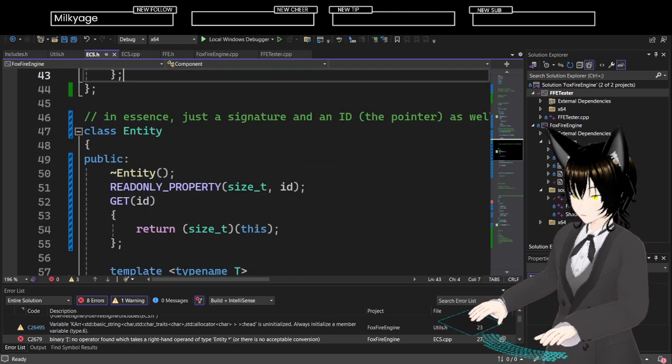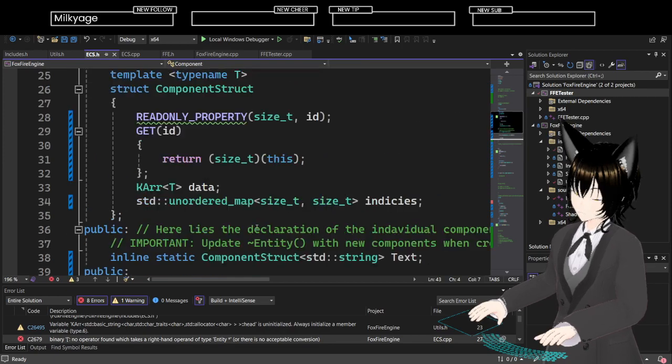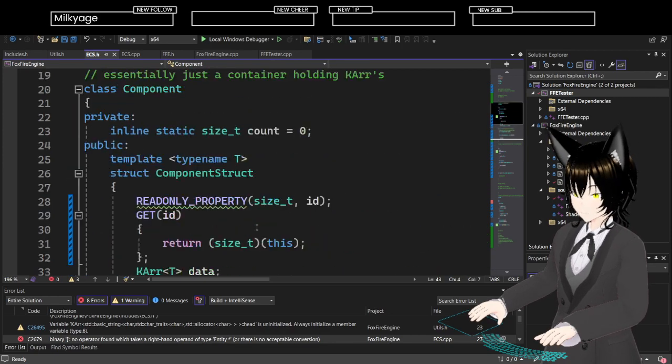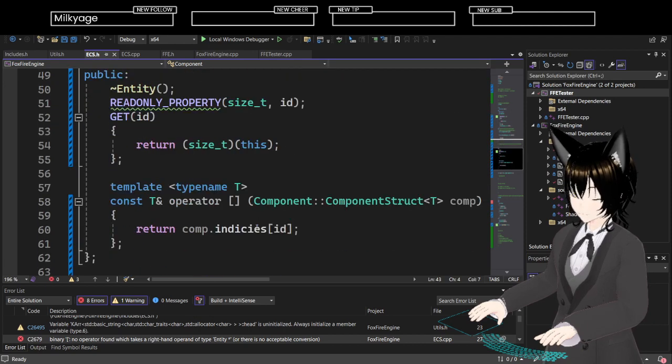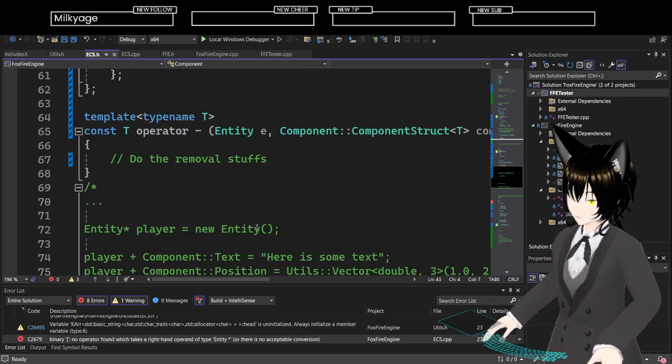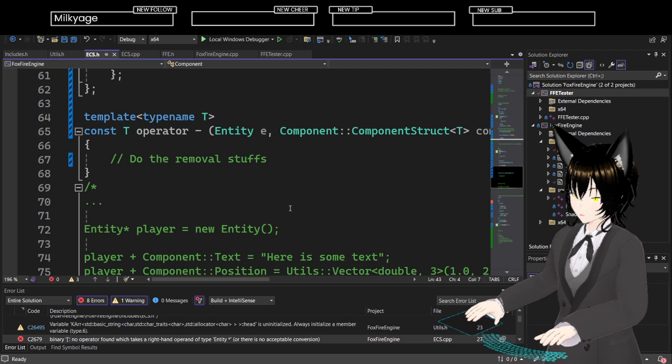Now really, what happens when you remove a component from an entity?